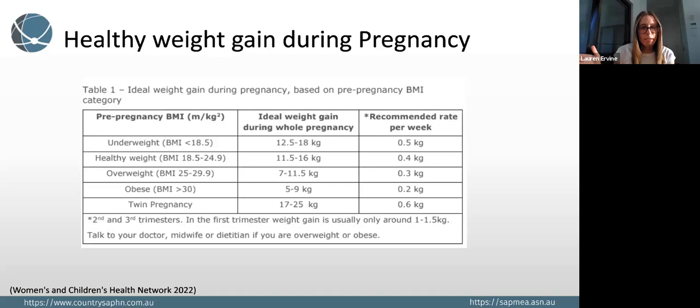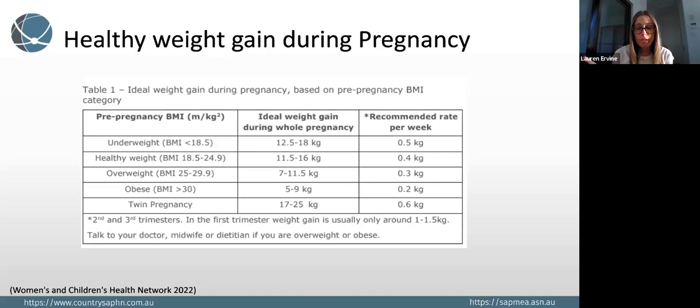Has the weight gain been a bit rapid for whatever reason, or are they not quite meeting those milestones? So we can work with them to make sure that that's all going ahead in the correct way. The weight gain is still encouraged if someone starts at an overweight or obese starting point with their BMI. However, we want that to be a bit slower and a bit less overall compared to someone starting in an underweight or healthy weight range. And that's something we can figure out by looking into their diet and seeing if there's any dietary parameters that